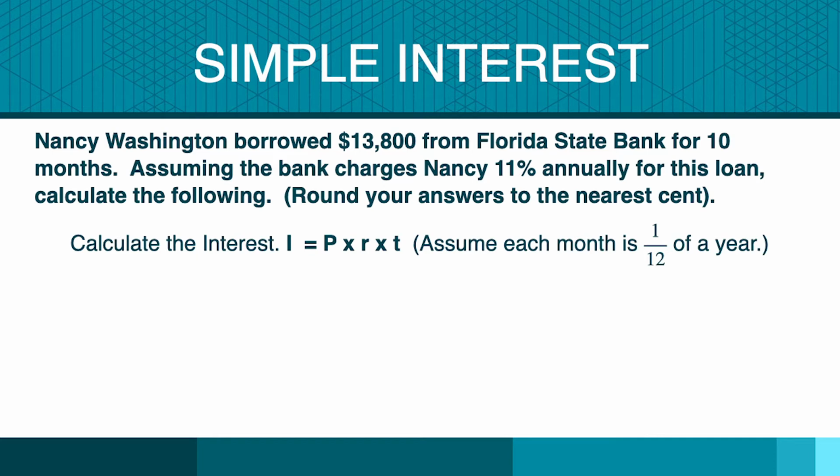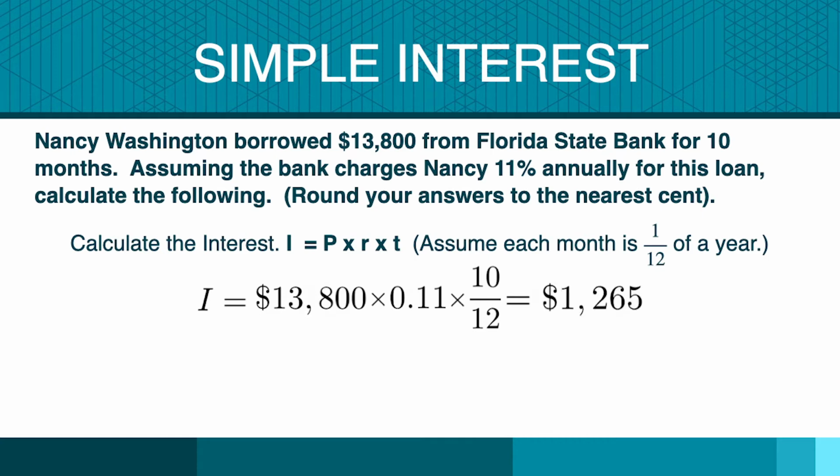Since the simple interest formula is based in years, and the term for this loan is 10 months, 10/12ths is used for the term of this loan. The interest rate percentage must be changed to its decimal form, therefore 11% is equal to 11/100ths. After substituting these values in the formula, the calculation for the interest amount would be $13,800 times 11/100ths times 10/12ths. Thus, the interest amount for this loan is